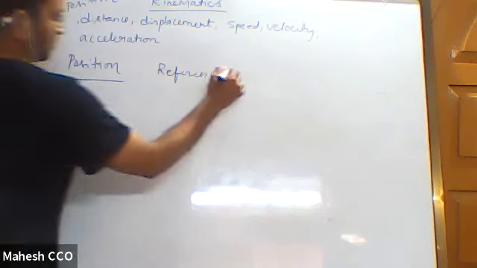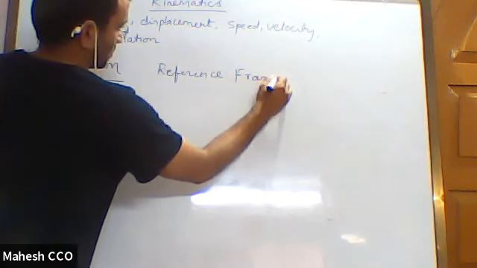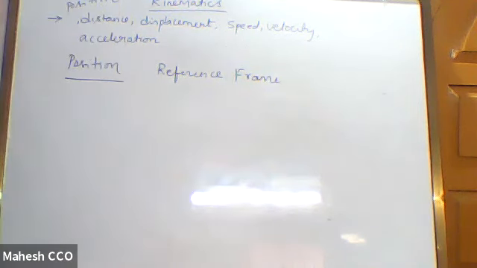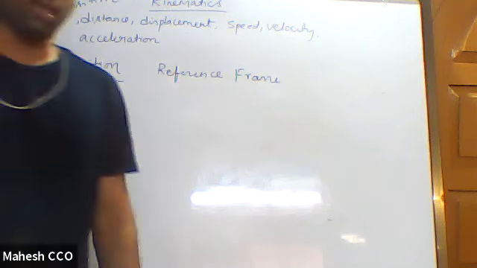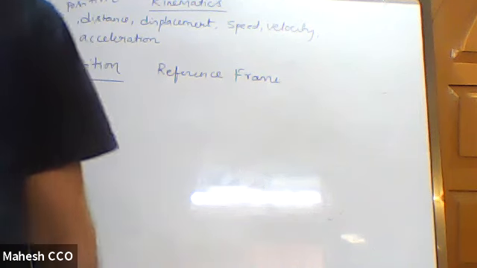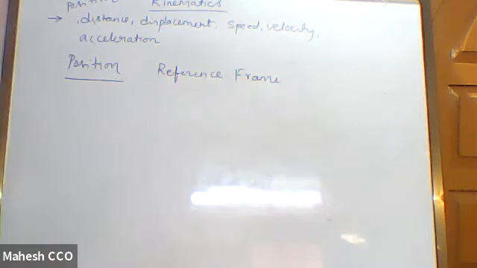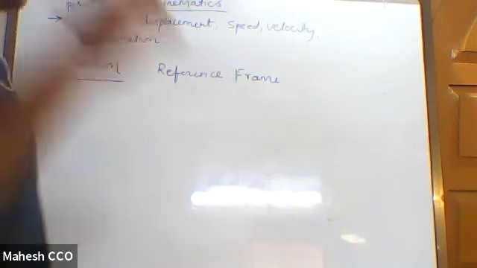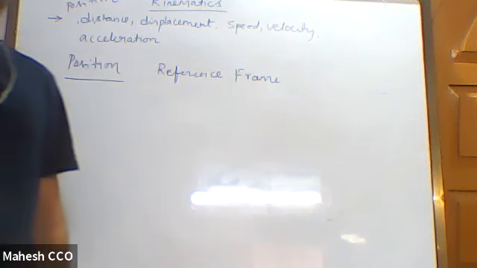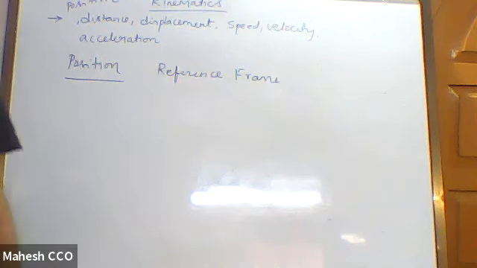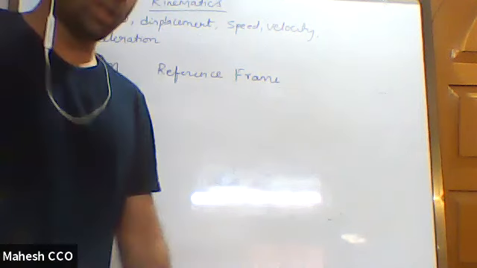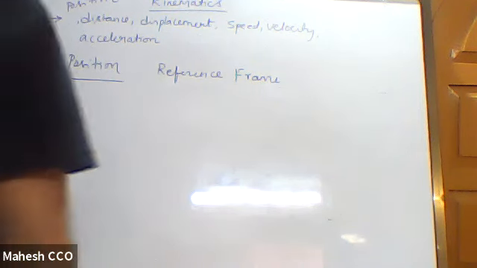You can call it a frame, whose definite velocity and acceleration will be known, but typically in the beginning we take that the frame is at rest. The observer is at rest. So there is a fixed point which is called origin, which shall be defined, and an axis passing through this origin. The axis depends on the coordinate system that you take.